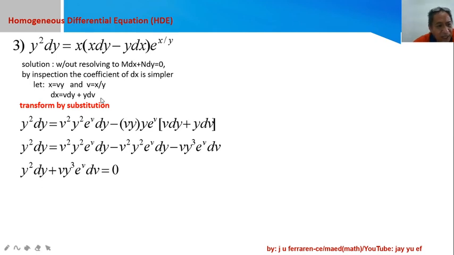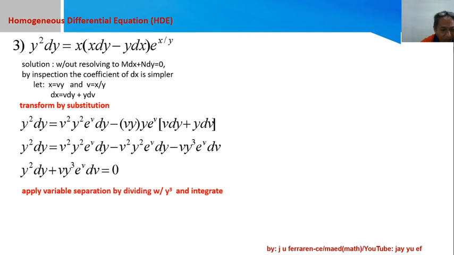And after transforming your equation using a dummy variable v, you will always arrive with a differential equation in v. So is it true with the resulting equation here? This is y dy, okay, so this is V. But there is y that is left. So I can remove my y cube by dividing with y cube, and the exponential V and V terms are in place because this is the V term. So dividing with y cube